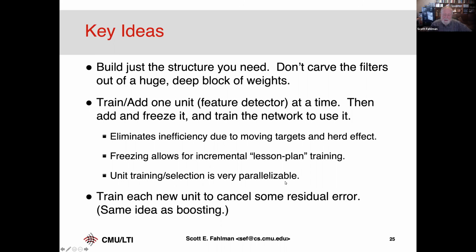And the unit training and selection is very parallelizable. If you have a highly parallel machine or even a machine that directly implements these units, possibly made out of biological stuff that lives in someone's head, it's very parallelizable. There's still a lot of floating point math to train things, but it's still doing dot products, but you can train each of the units in the pool separately.